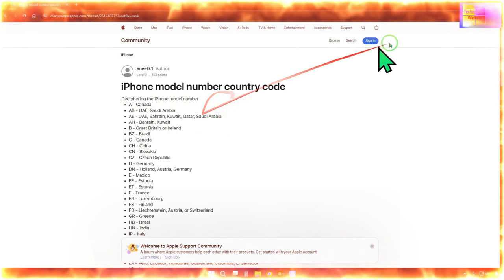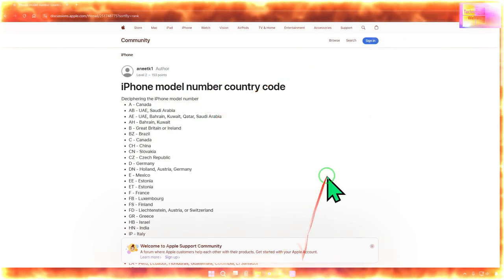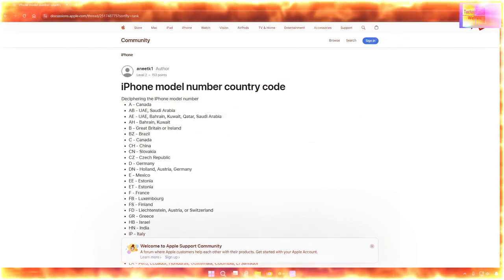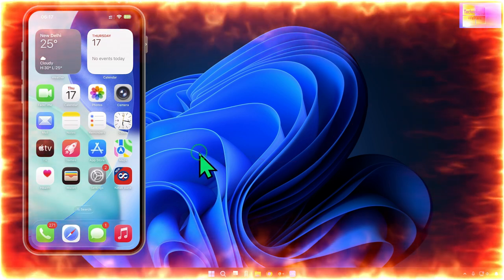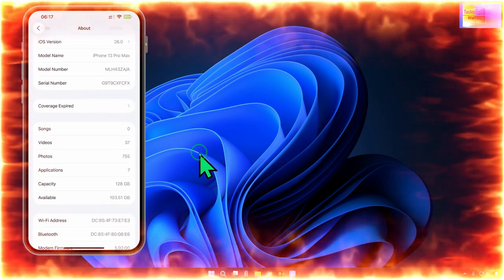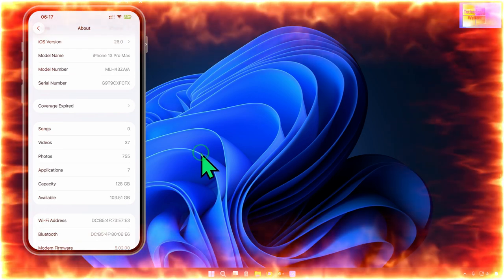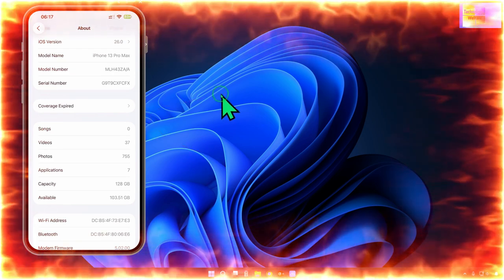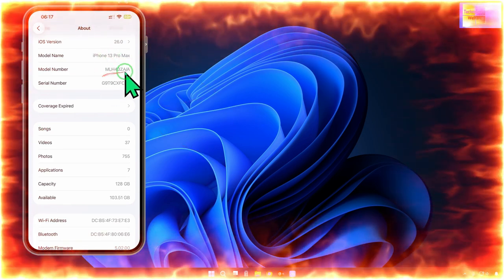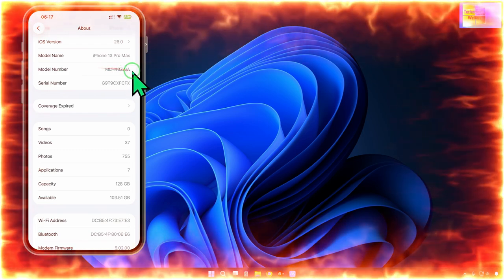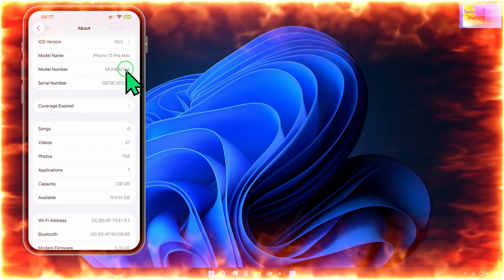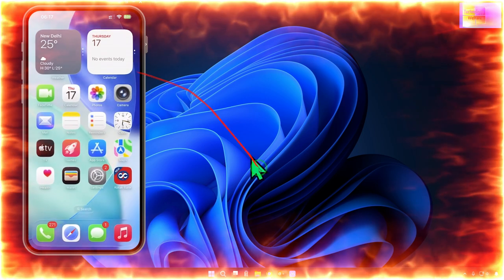Here we tap, and here is the model. When we click on the model number, it shows the IMEI along with the model number, and by the last three digits, the last one, A, we can find out here